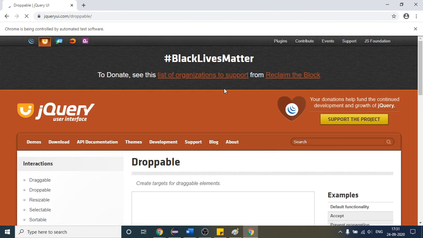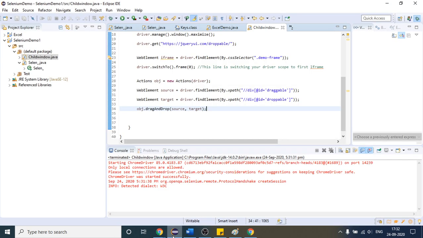The website is still loading. You can see that this one has still not moved to this one, and our code has not failed either.